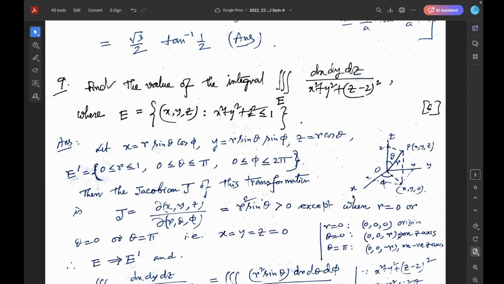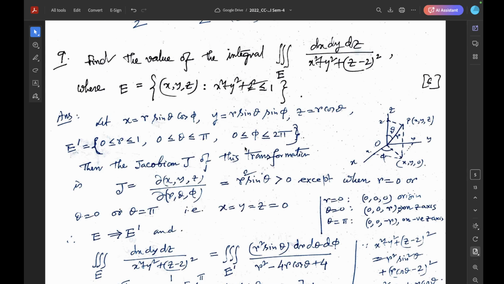Changing to spherical polar coordinates, x equal to r sin theta cos phi, y equal to r sin theta sin phi, z equal to r cos theta, where this is the phi, this is the theta, and these are the x-axis, y-axis, z-axis. In r theta phi space, E dash is the set of all points such that 0 less than or equal to r less than or equal to 1, 0 less than or equal to theta less than or equal to pi, and 0 less than or equal to phi less than or equal to 2 pi. And the Jacobian for this transformation, J equal to del of x y z by del of r theta phi,